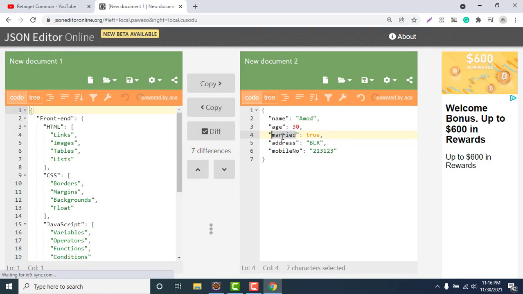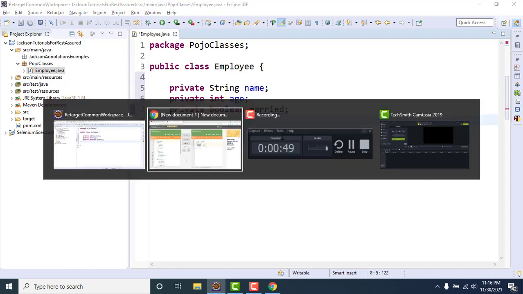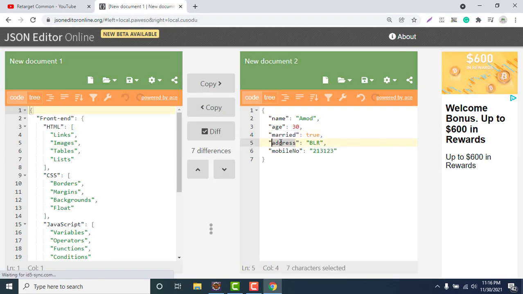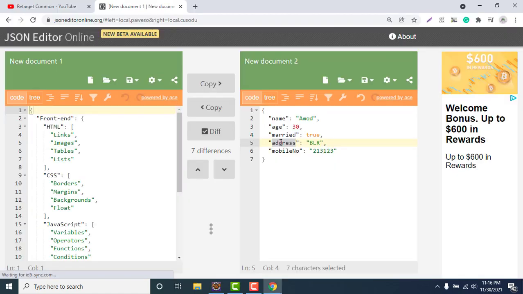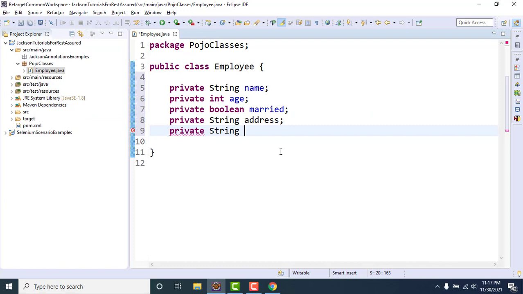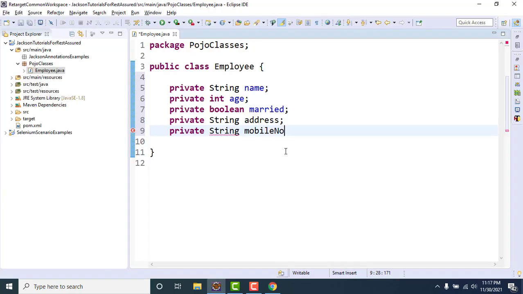Married is boolean, so private boolean married. Then address will be a string, private String address, and then private String mobile number. I simply created some payload.